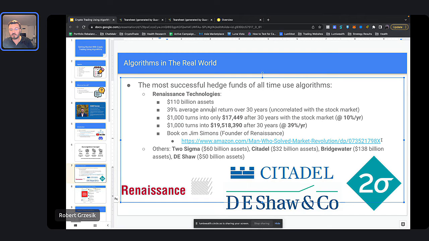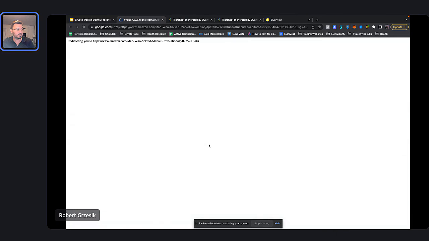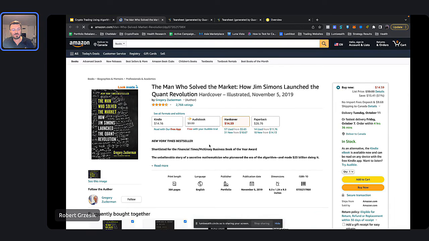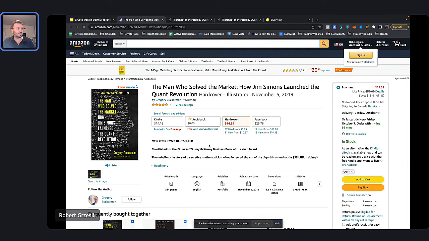And if you read the book about this guy, Jim Simons, and his company, I'll put it into the chat as well. It's a very interesting book. It's called The Man Who Solved the Market, because that's kind of what he did, right? He built software algorithms that were able to automatically trade for him and make him money. This book is very interesting. It's about them starting this business, something like in the 80s.